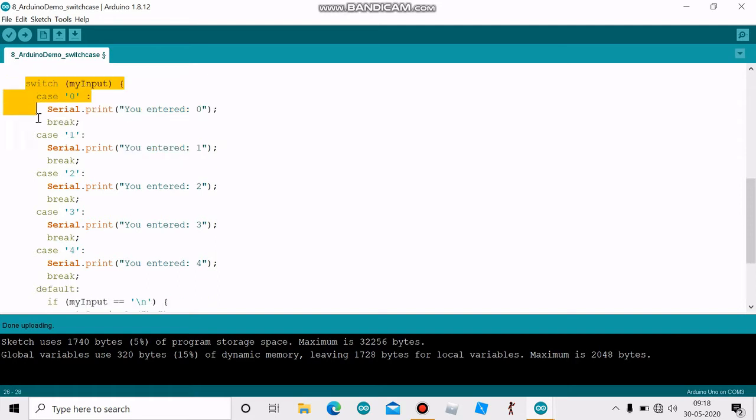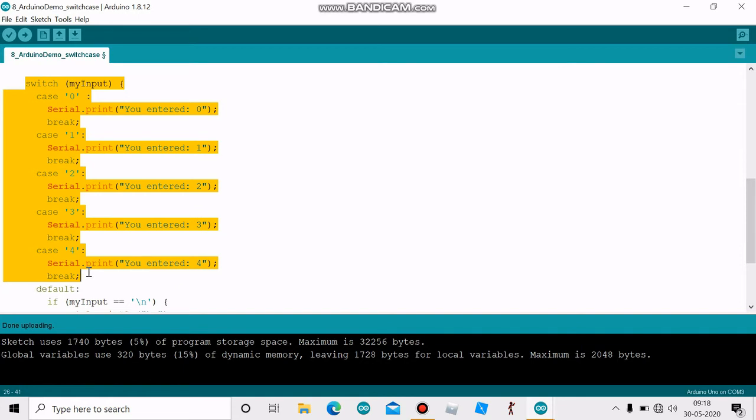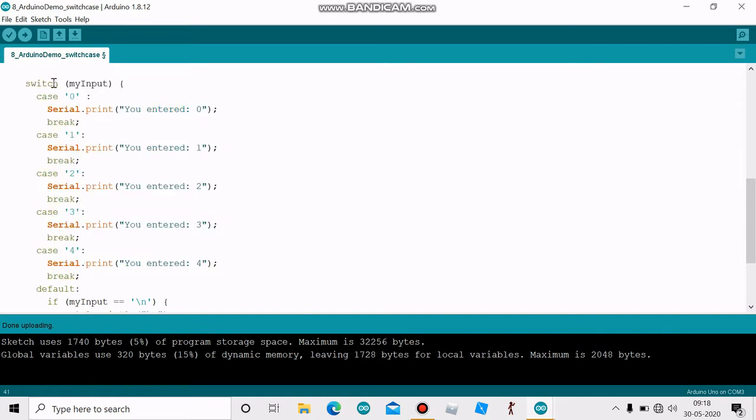So this switch case statement is very much like an if else statement, but the difference is when there are many different kinds of inputs which are expected from the user, the if else statements become very long, and the program execution efficiency decreases significantly as the program execution moves through every if else, as it has to traverse through the entire program and select a particular case. But in switch, just based on the my input, the execution can jump directly to the case based on the input which is entered.